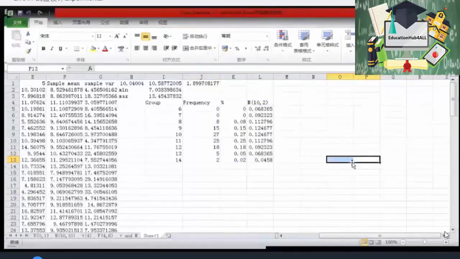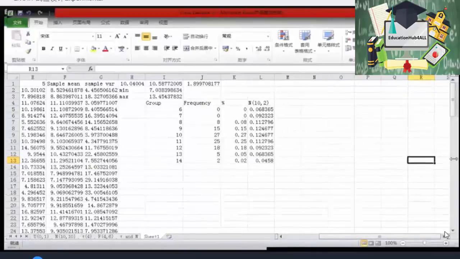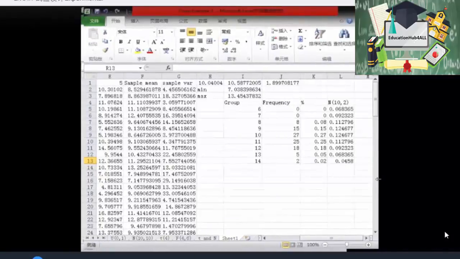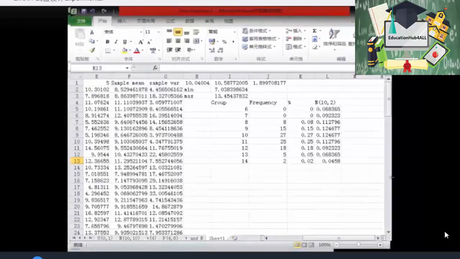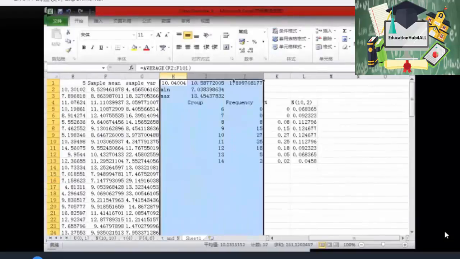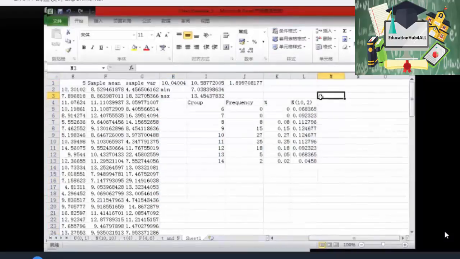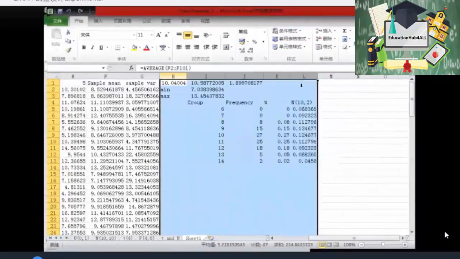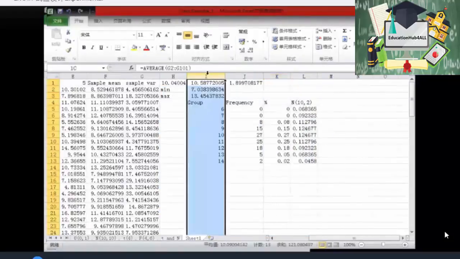Now let's see. I remove everything here, except the